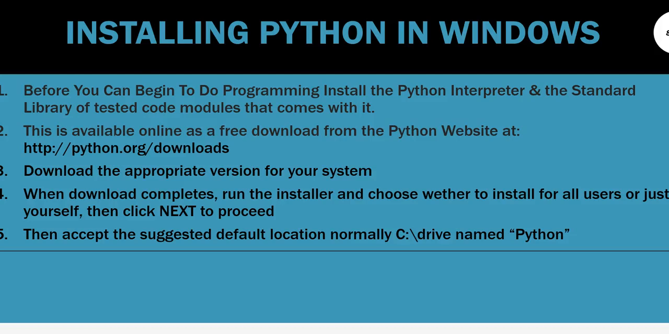Hi students. So right now what we're going to do is install Python in Windows. If you have a Windows PC, you can download and install Python from the Python website. You will download the installer from the Python download site and then run it to install Python on your